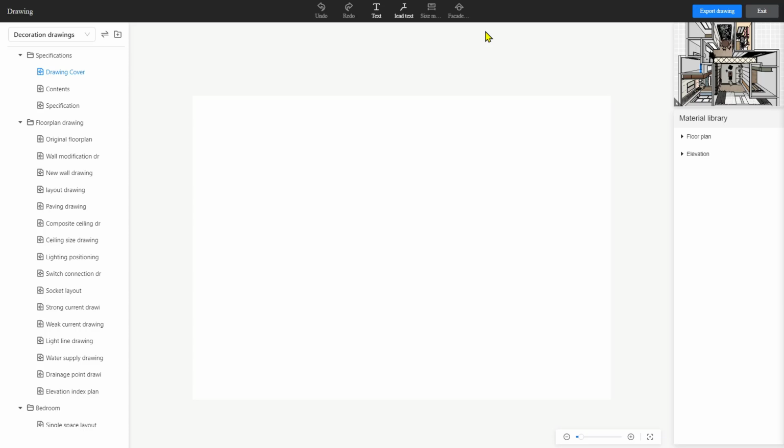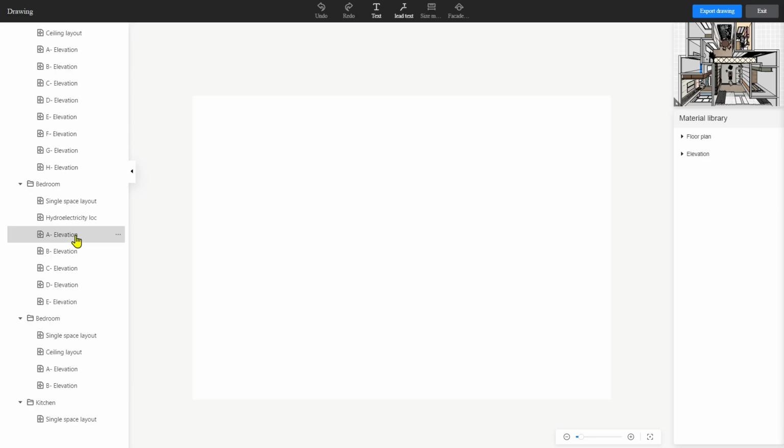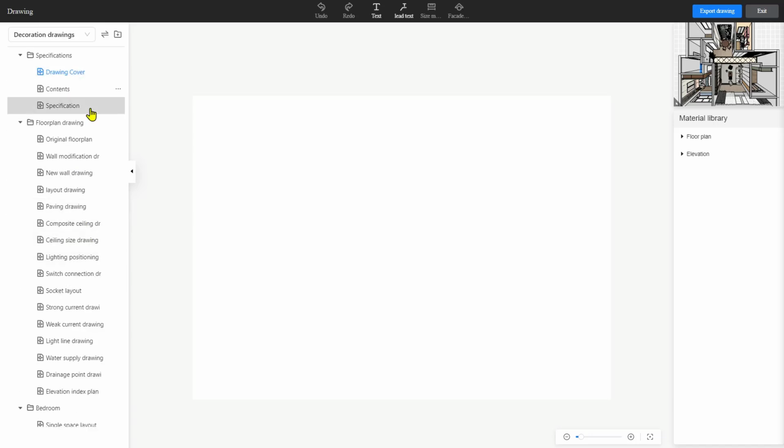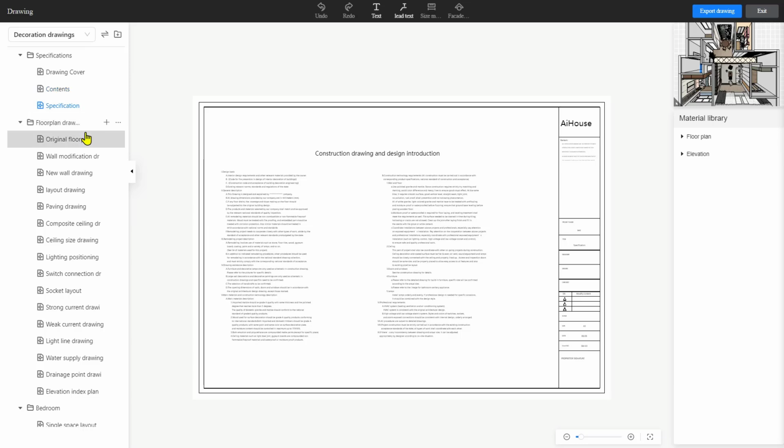And you can see at the left side is the drawing details. There are many types for you to select, and they are separated based on the space. The first one is the specification. You can come here to get your covers, contents, and specifications. And here, this is the floor plan drawing. You can come here to get the original floor plan,